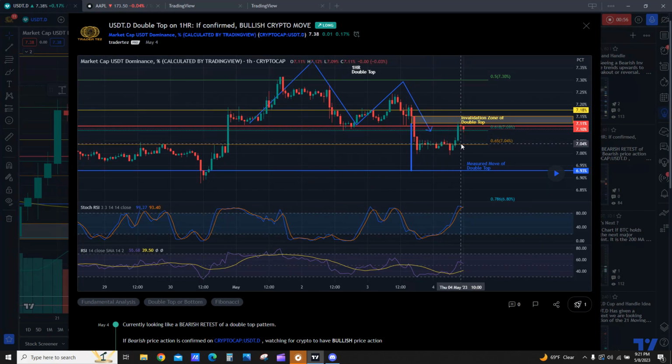on May 4th, and then here, this is what we call a bearish retest, where this 711 level is the neckline of this double top, and it came down, bounced off this 6.5 Fibonacci level, and then it retested here at 711. So I was really looking for it to come down to 693, and the way I got that target